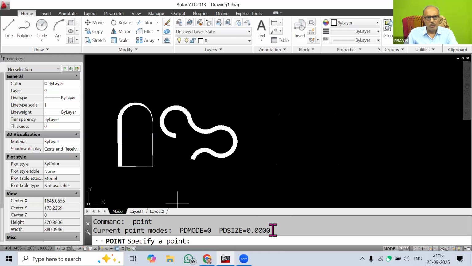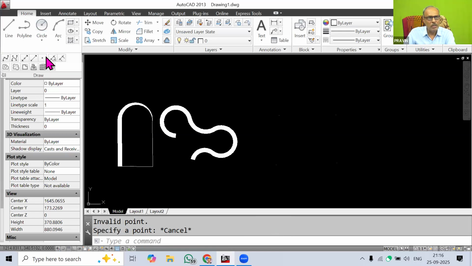Now I will just type here in the command line PDSIZE, and I press enter. It is saying invalid input. So I can change the value of PDMODE and PDSIZE. We have to remember that in AutoCAD.